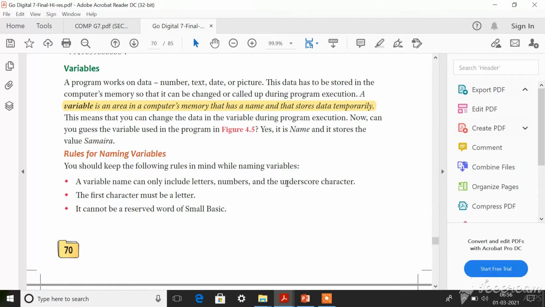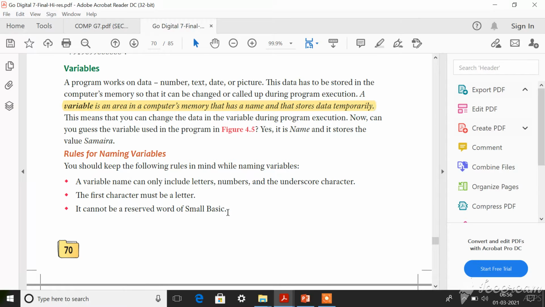These kinds of symbols are not valid in a variable name. That is wrong. Then the first character must be a letter. You can give a combination of letters and numbers, but the first character should be a letter. Then it cannot be a reserved word of Small Basic.